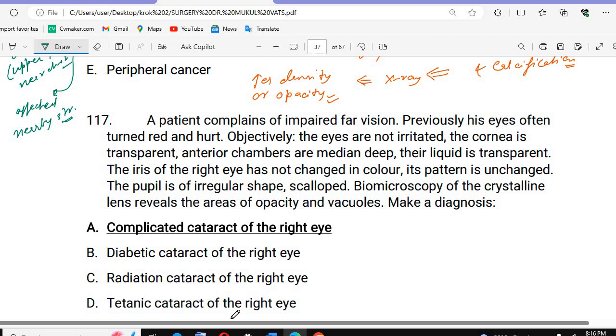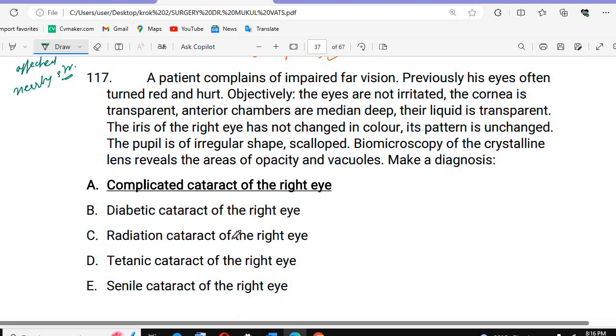After that, the next question is about the cataract, where there is impaired vision. Previously his eyes often turned red, and the eyes are not irritated, the cornea is transparent, anterior chamber medium deep, the fluid is transparent, everything is there, and crystalline. On biomicroscopy, the crystalline lens reveals an area of opacity and vacuoles, so make a diagnosis. For making the diagnosis, we know that if you see any opacity in the